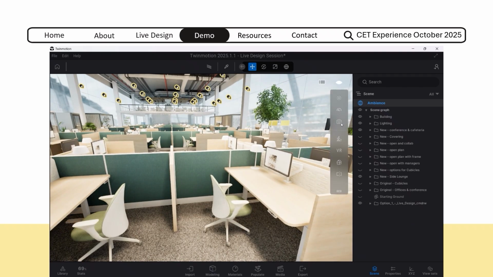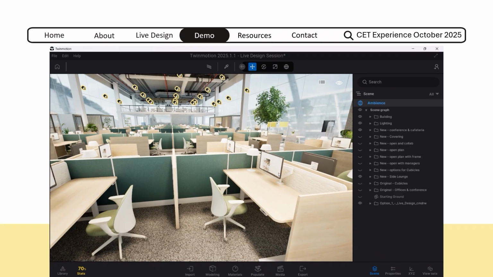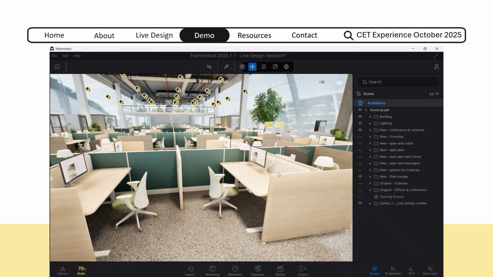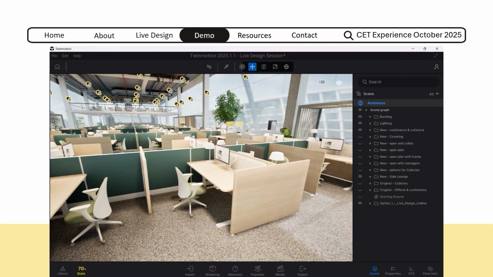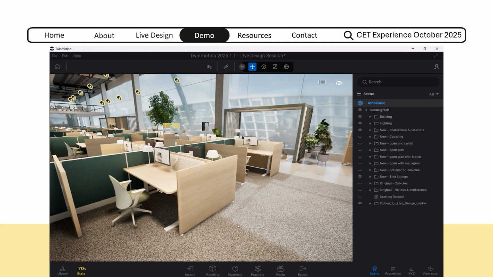When you're going to navigate in this space, I do suggest either drone or pedestrian mode if you're doing a closer look, and also changing the speed to more of a walking speed. So it's a lot smoother and slower for people to understand. Because there's a good chance that you're going to be talking to people who this is something very different for